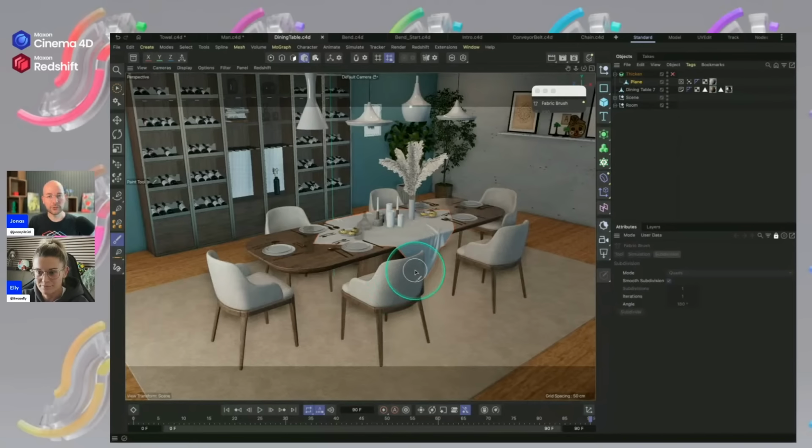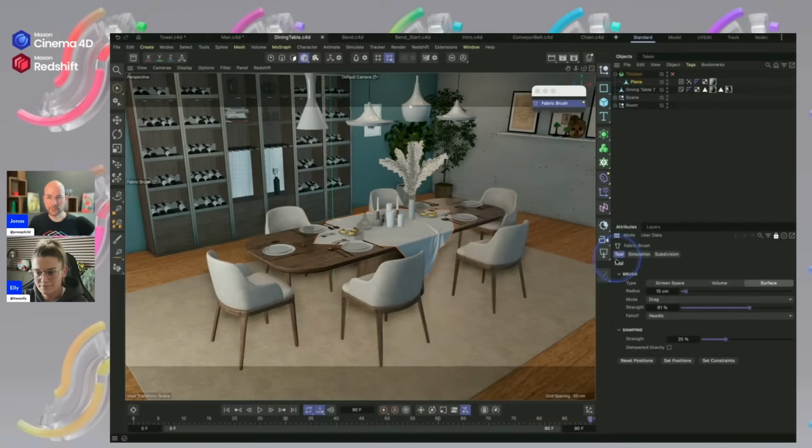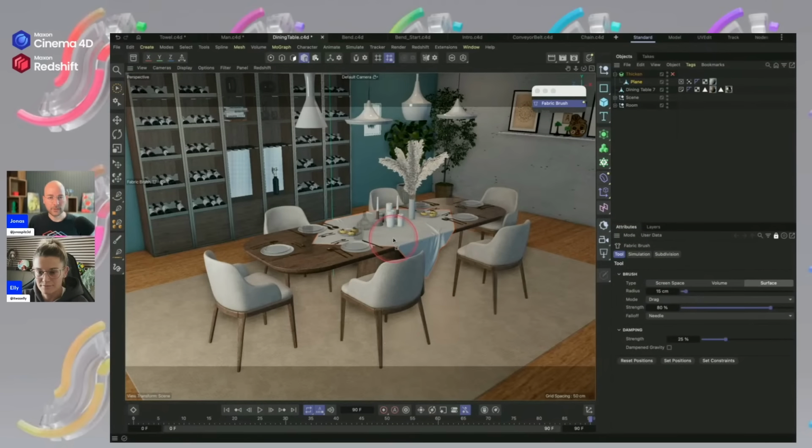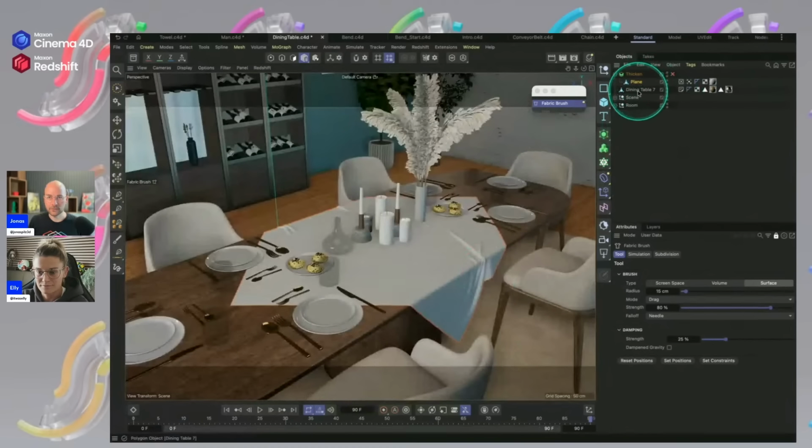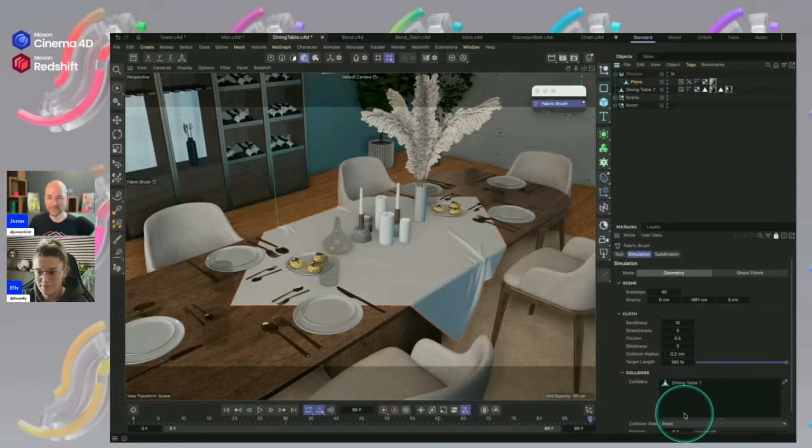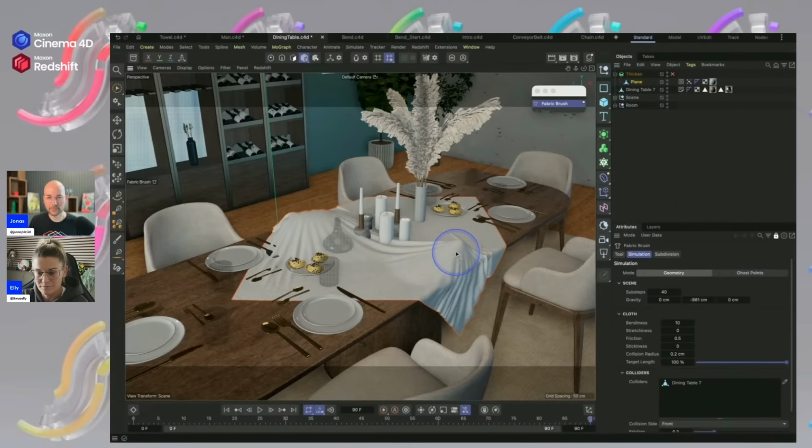So what I want to show you in this one is how you can restrict the effect of the fabric brush. So let's just select the fabric brush, go to the tool here. Let's reset the drag mode here. And I'm going to go here. Also, one thing that I shouldn't forget is in the simulation settings, we need to collide with the table. All right, and now I'm just going to drag this up, right? And then I'm going to drag something up here and hold down the G key for gravity,